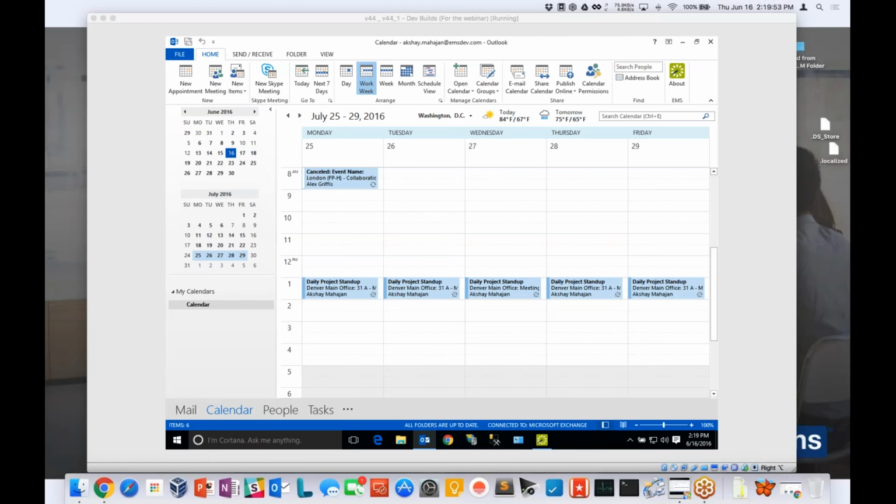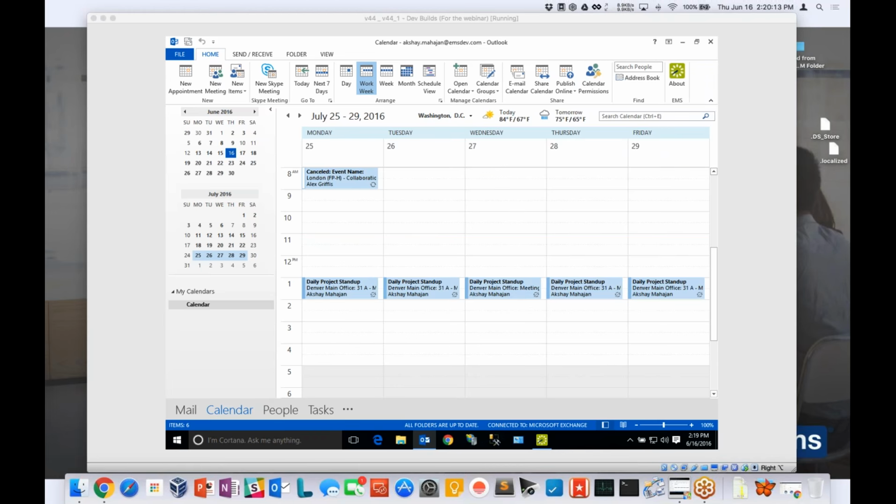I'm going to switch over to my Outlook. As John mentioned, Outlook is a central tool where a lot of people manage their calendar. Booking a room and managing your own calendar goes hand in hand in many ways. So what I'm going to show you in the next couple of minutes is a use case which is about